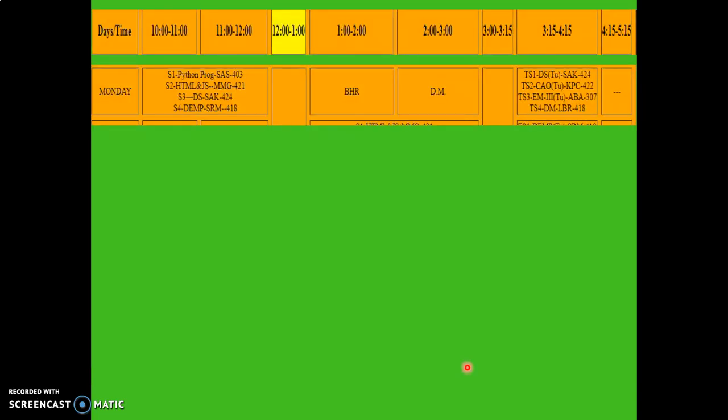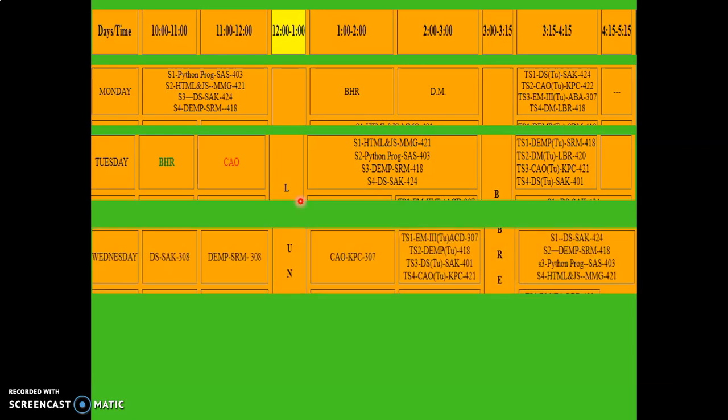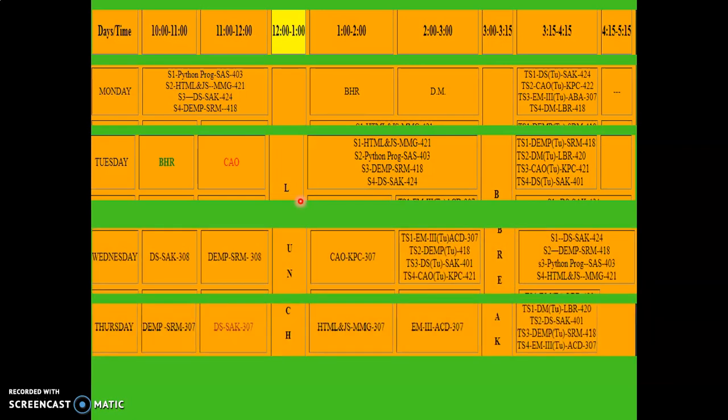This is the first row where we have the timing slot. In the second row we have the actual slots for the practicals and theory classes. So here Monday, the first slot, has a practical slot. In this way we have to identify how we are going to add the rows one by one in that real case. So this is the third row. Then we have a fourth row. This is what is going to be created in the table.